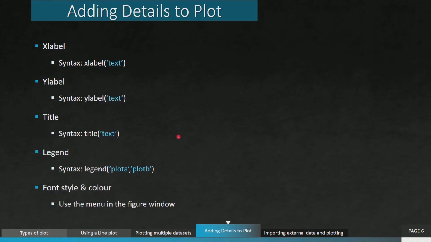As of now, we have learnt how to create a single plot and multiple plots using MATLAB. After completing the plot, we need to add some information to the plot. Let's take an example here. Here I have drawn a graph. There is some data plotted on the x-axis and some data plotted on the y-axis. Now I need to add some information to this graph to make it meaningful.